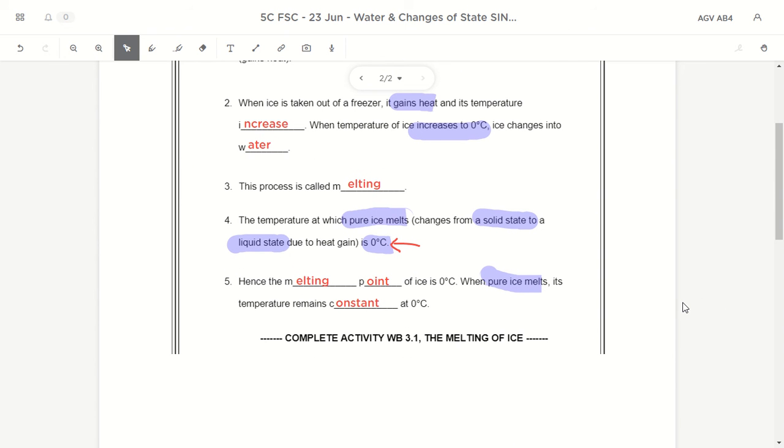Okay, so the temperature you learn here is that it is 0 degrees Celsius for ice to melt or beyond, and that 0 degrees Celsius is what we call the melting point, because only at that point ice starts to melt. Ice doesn't melt when it's below that point, like minus 1, minus 2 degrees Celsius. Ice will only melt at 0 degrees Celsius or beyond, like 1 degree Celsius. And as ice melts, the temperature will stay at 0 degrees Celsius all the way until it has melted completely and become liquid water. Then the temperature will increase again.